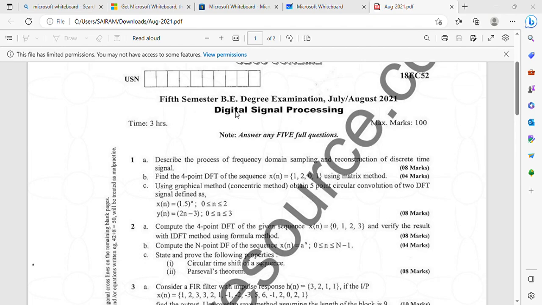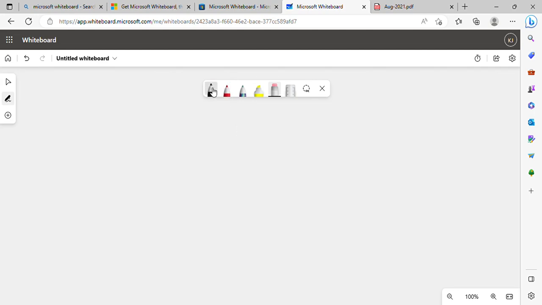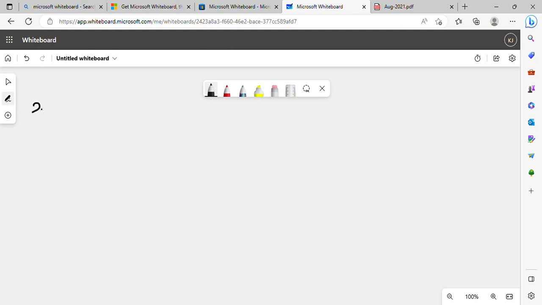And now let me move on to this particular question. If I come to this particular question, let me take my Microsoft Whiteboard. So my question is: x of n is equal to 0, 1, 2, 3. What is my x of n? This is my question. So what I have to do is simplify it using